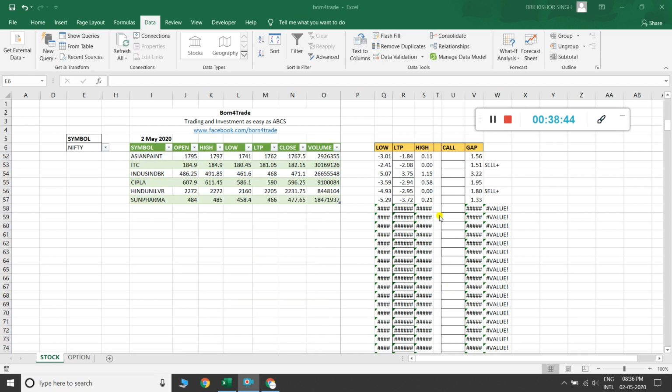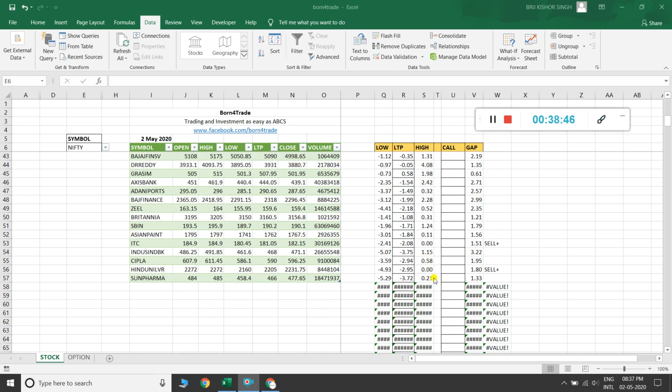Here you can see 0.21%, and that is within 0.4%, and it made a minus 5.29% low and currently maintains the status of minus 3.72% low. That is within the 0.4 range. It's my personal range. You can define your range.